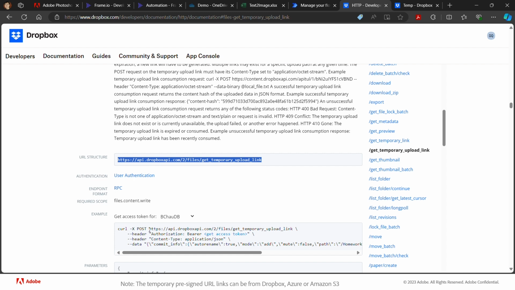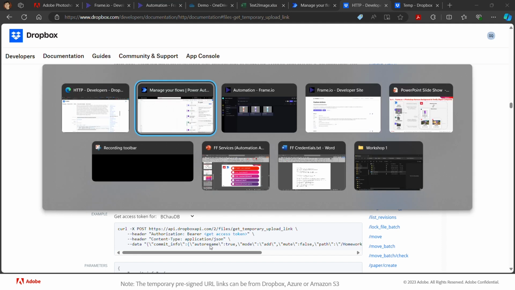It's similar to really our Frame.io access token, right? So it would need a POST. Authorization is a bearer token, content type, and then there's some data parameter which we'll look at later on. But I'm going to copy this and